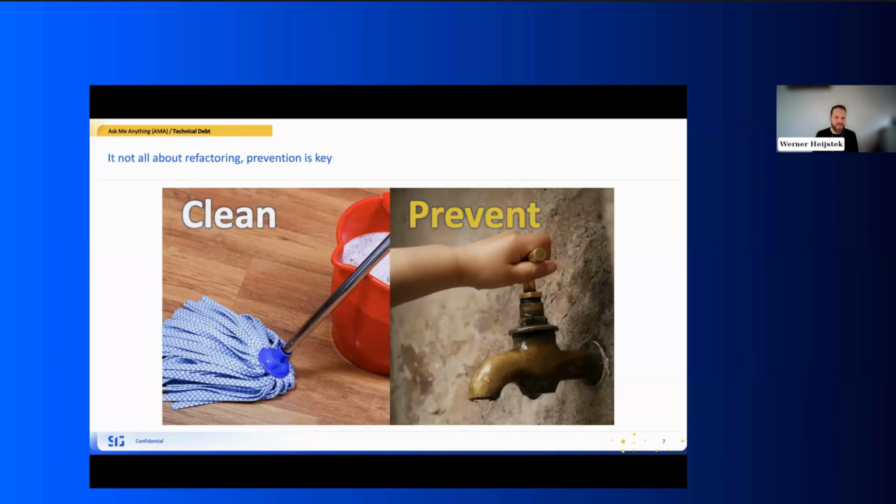I've asked around, there's not a clear English translation of the Dutch saying, dweilen met de kraan open. Some of you speak Dutch, and it means essentially that you're mopping up the wet floor, but you're not closing the faucet. So the idea behind this is, if you prevent technical debt, you also don't have to actually solve the technical debt. Now, of course, you inherit a lot of technical debt, but it's very important that you do not make it a bigger problem as you're working.